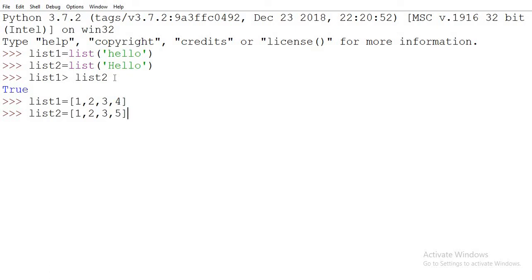Of course, list2 is greater, so first it will compare the first three elements and see that both are the same. So it will go directly to the fourth one and see that 5 is greater. That means list2 is greater than list1. Now if I consider this line again, I'm just going to copy and paste it over here. According to me the answer should be false, and I'm getting false. So these are the uses of comparison operators on a list.